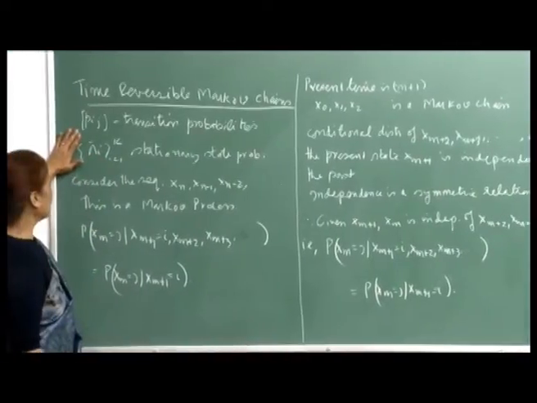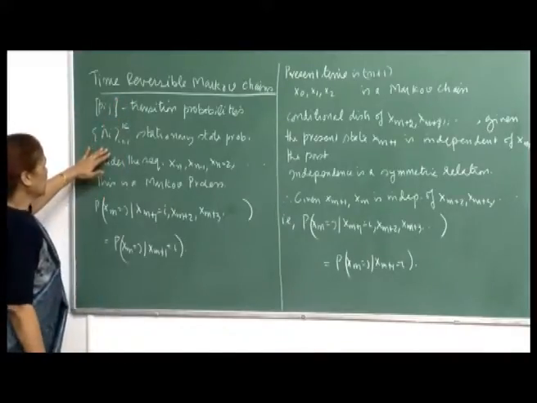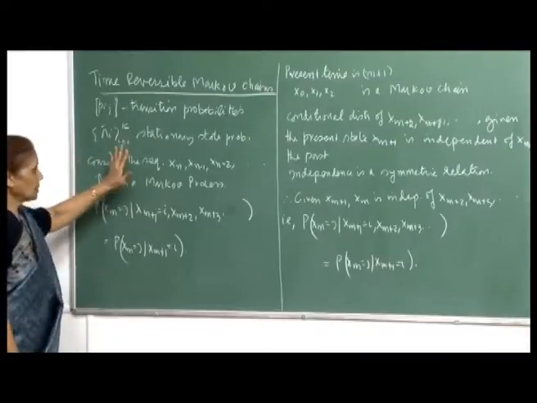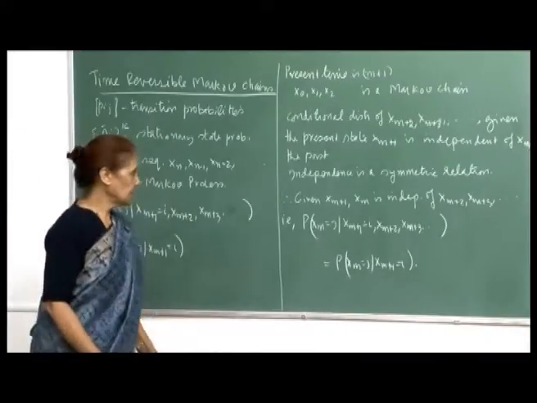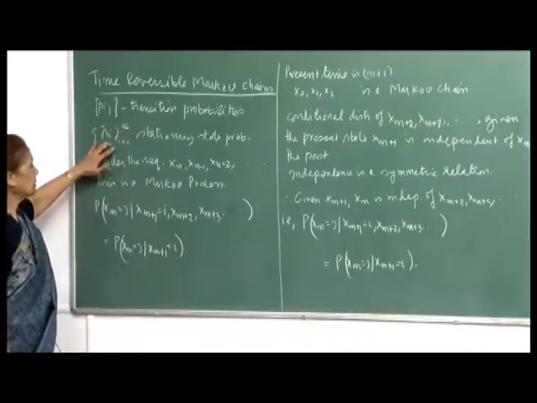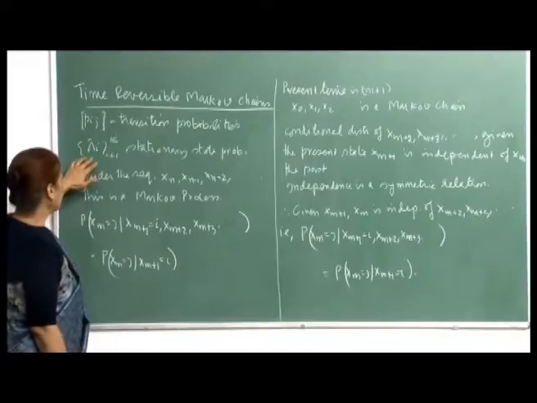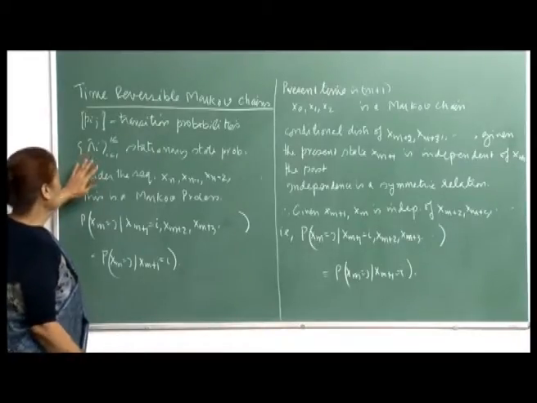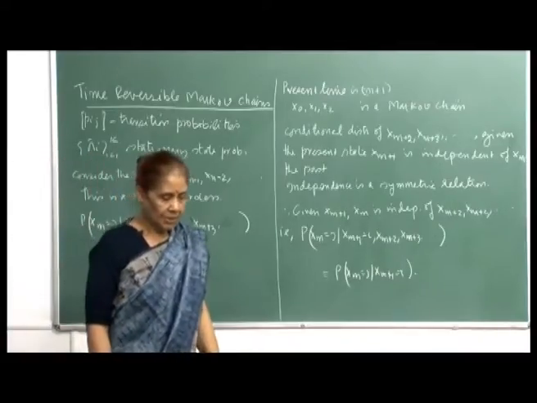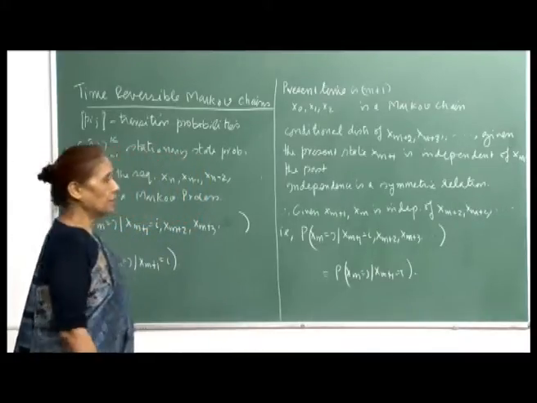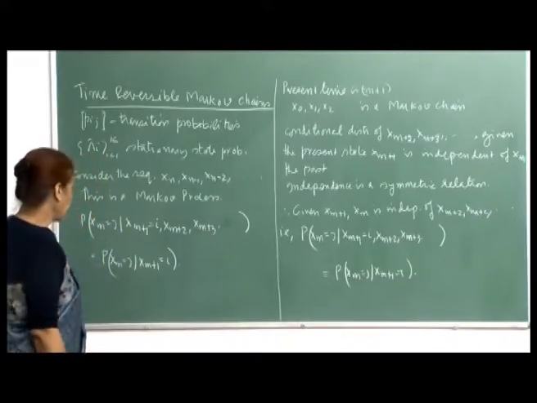Suppose you are given this transition matrix Pij, and you are given the stationary state probabilities. Let us assume that the pi i's are all positive, because if a pi i is 0, then surely we can drop that state from the process, because it is not of any interest. So, this is the ergodic process, and the pi i's are the stationary probabilities, and the system has gone on for some time. So, we are looking at the stationary part of the process.